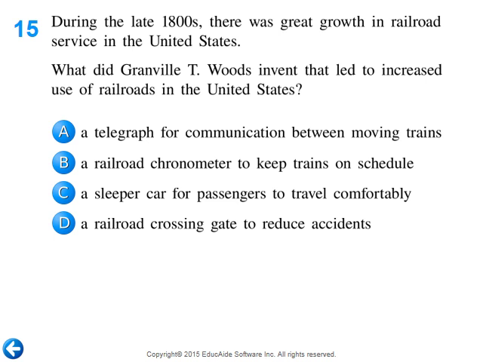And number 15, during the late 1800s, there was great growth in railroad service in the United States. What did Granville T. Woods invent that led to increased use of railroads in the United States? A, a telegraph for communication between moving trains? B, a railroad chronometer to keep trains on a schedule? C, a sleeper car for passengers to travel comfortably? Or D, a railroad crossing gate to reduce accidents? I think this one was actually going to be the telegraph, and it is right. It's A. All right. And I believe that's the last question on this